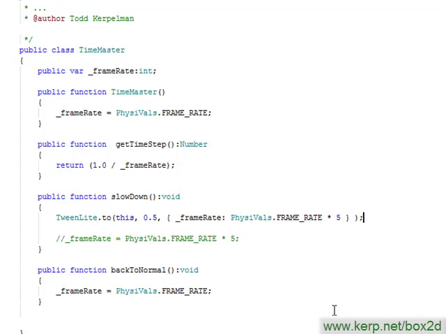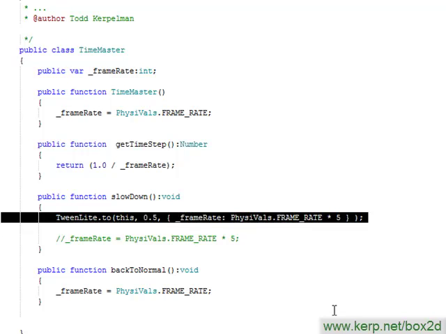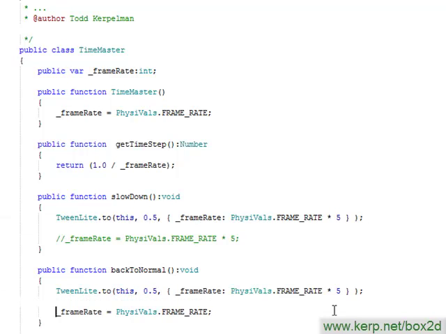So I save this, and we can actually do the same thing in our back to normal function. It's just that instead of going to frame rate times 5, we'll go back to our standard frame rate. And this will smoothly transition the value of our frame rate variable back and forth instead of directly jumping to the new frame rate the way it does now. So if we run this,